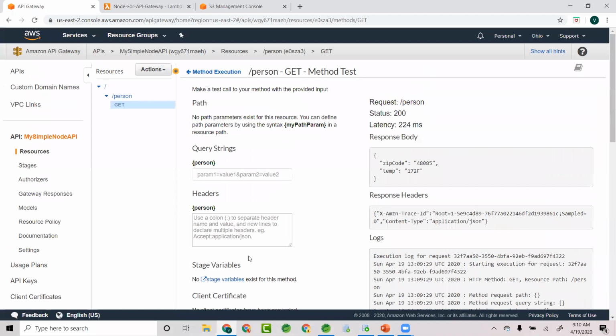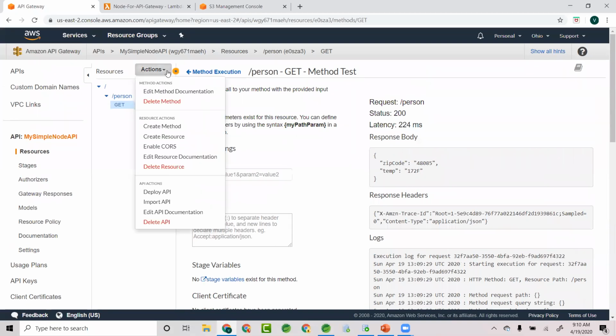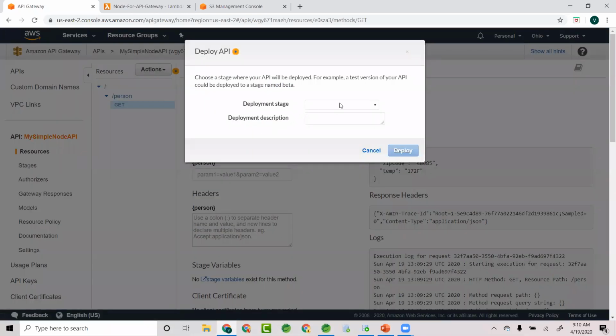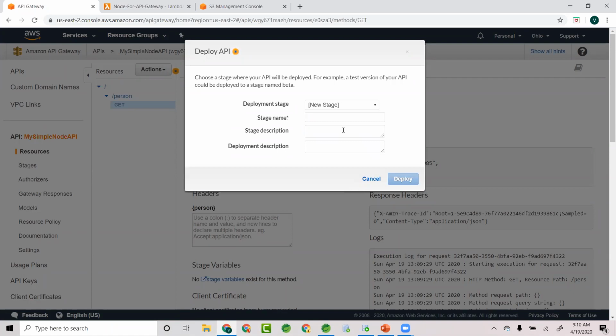So we unit tested it. We are happy with it. Yep, it's working like it should. Now go to actions and let's go ahead and deploy this API. So where do you want to deploy this? Well, I'm creating a new stage. Let me deploy this in my QA environment to start with